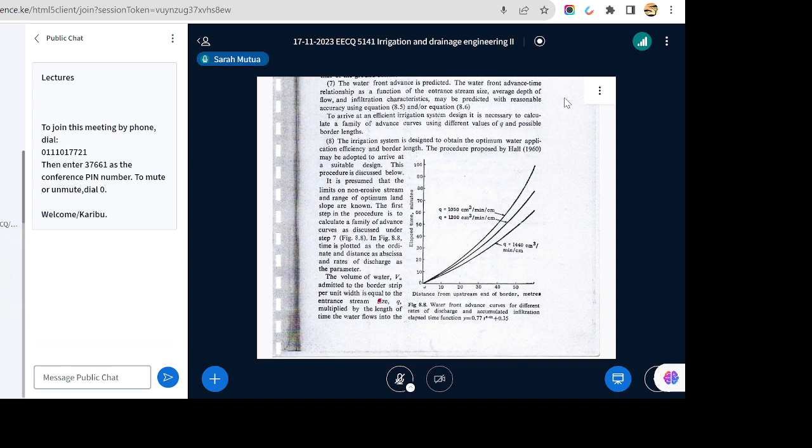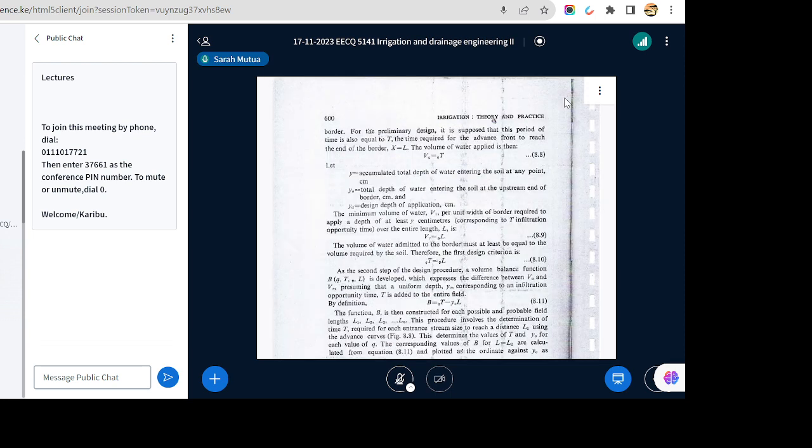So the total volume of water admitted in the border stream per unit width is usually equal to the in-stream size multiplied by the length of time the water flows into the border strip. We have already seen that before. And for a preliminary design,